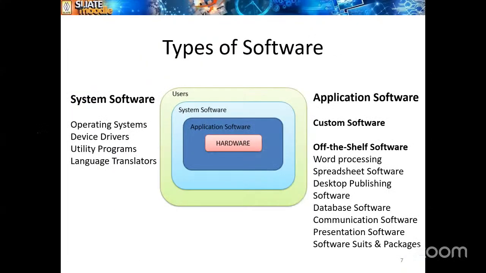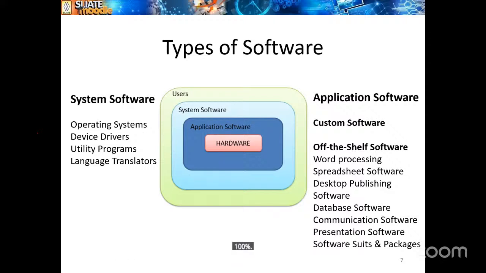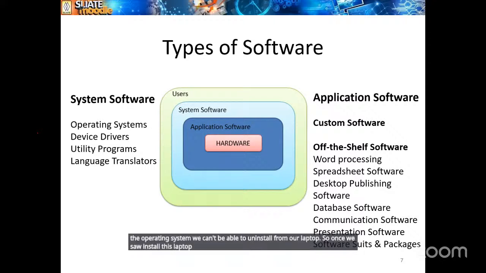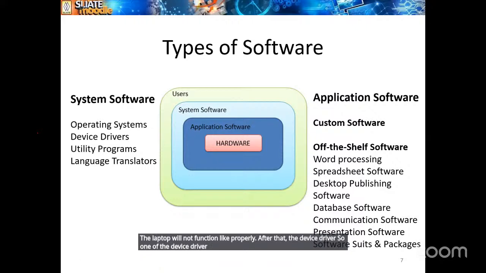After that, we will see the types of software. We already discussed system software: the operating system, device drivers, utility programs, and language translators. This kind of software is system software. The operating system we can uninstall from our laptop, but once we uninstall it, the laptop will not function properly. After that, the device driver. If one of the device drivers is missing from your system, you cannot fully access that